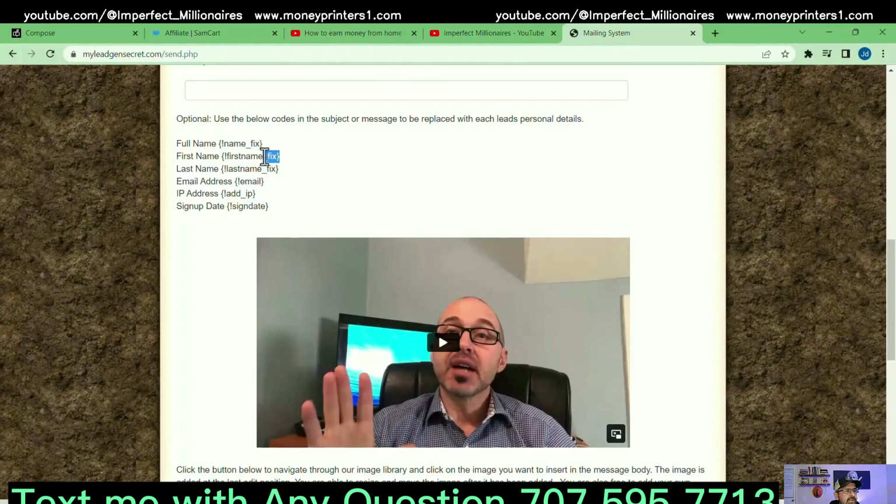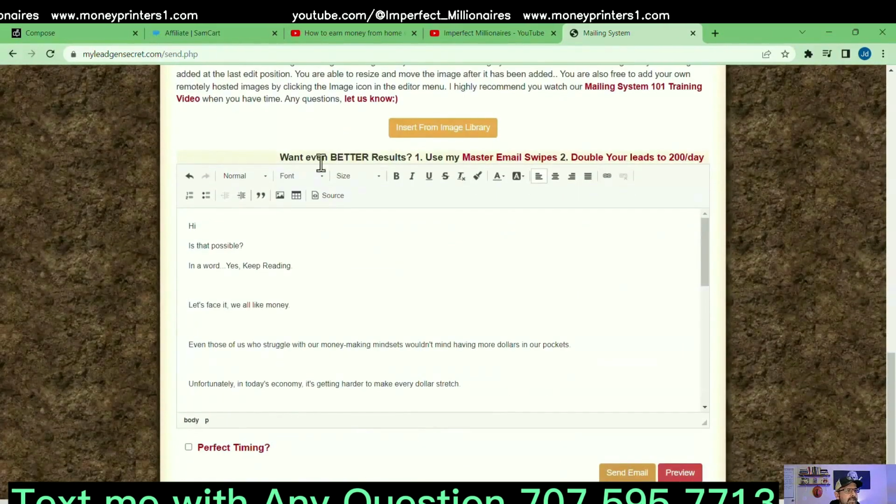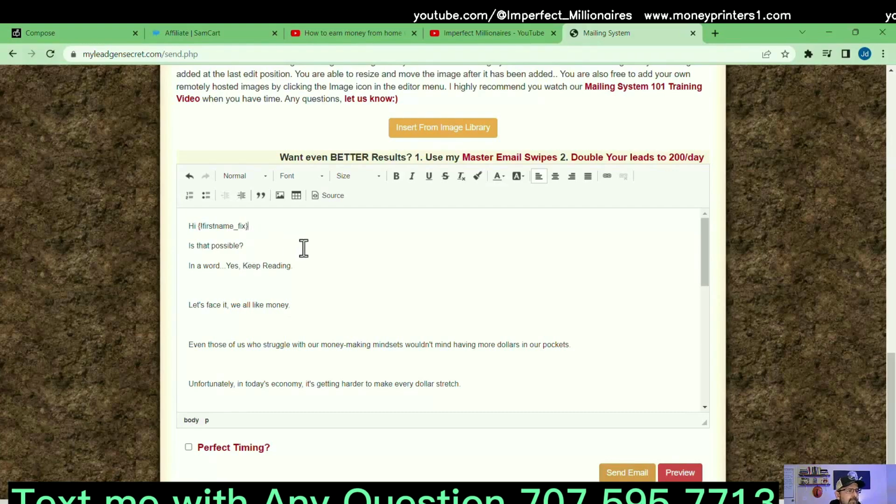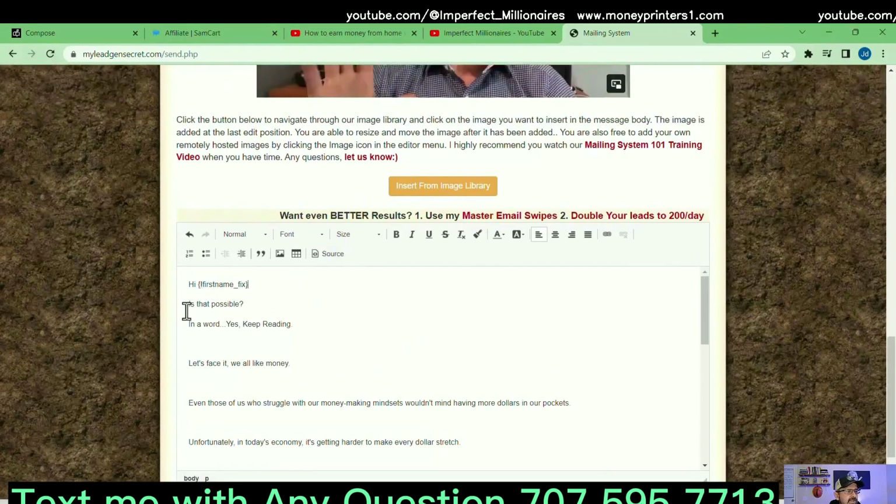And what that means is if I copy and paste this, which I can't right click, so I've got to Control V, you'll see in a second. Whoever it's emailing, it's going to say hi Bob, hi Tom, hi Frank, hi Sally, whoever it is, whatever their name is registered as, it's going to say hi to them. So hi, first name fix. Okay, so hi Sally.